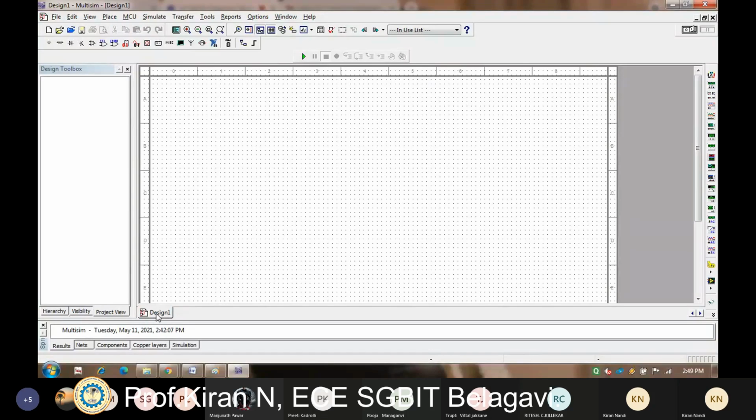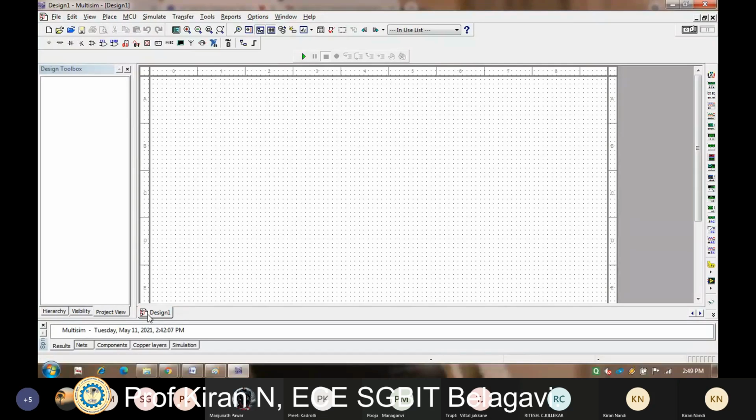Now after this there is one more thing you can see here. There is a results tab available at the bottom part of the left side corner. Result means whatever result you are getting will be there. You can click on it and check nets. A spreadsheet of this design will be available by clicking on nets. And components, whatever components you have used, all that list will be shown.